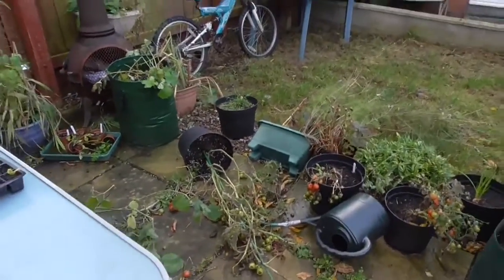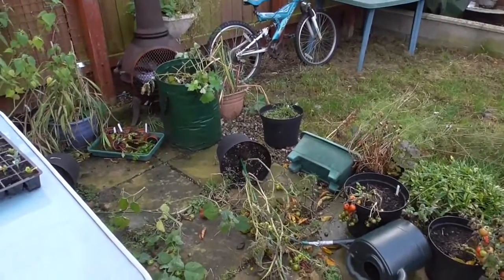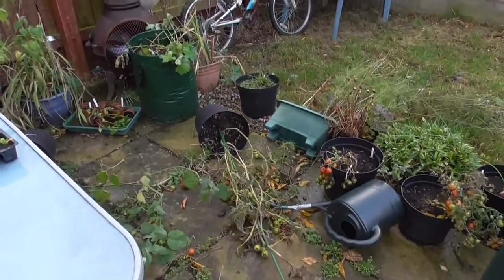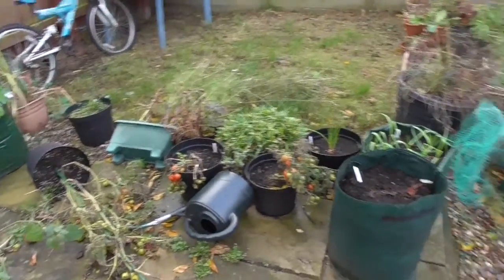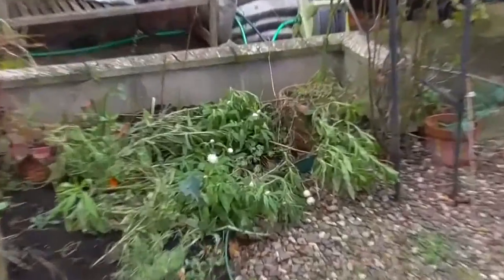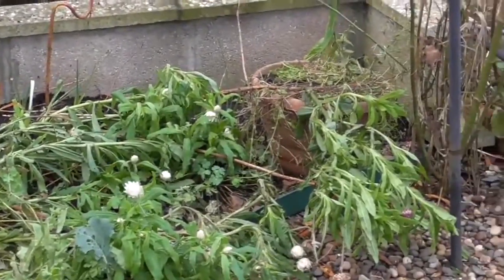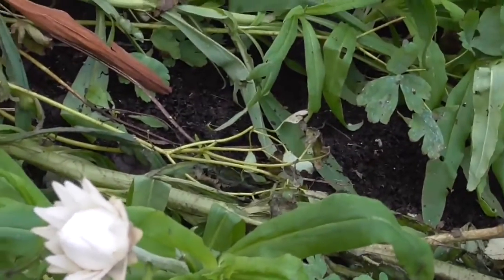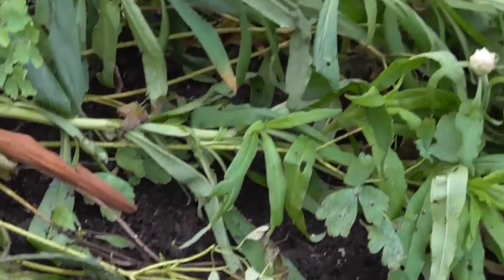As you can see, we've had a few stormy nights. They've been absolutely bitter cold, but they've been gales as well, and as you can see there's a few pots and there's a few flowers over there which have just been blown over. They are still producing some lovely flowers, so I'll leave them just as they are. I don't want to damage them anymore, but yeah,